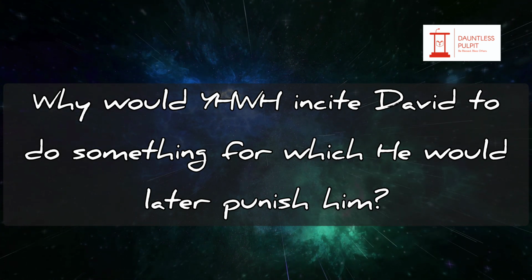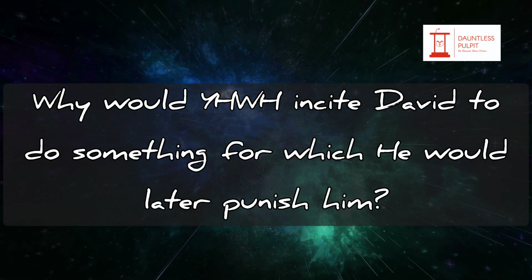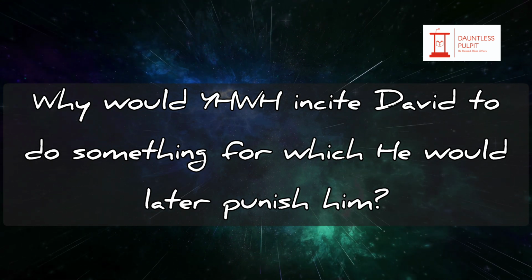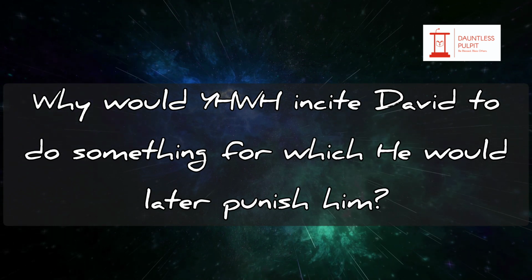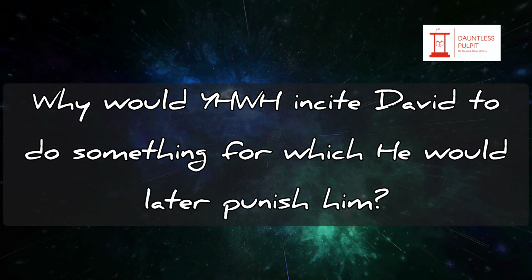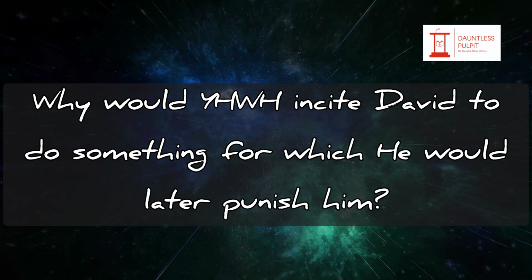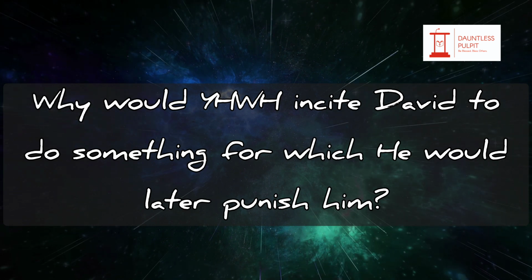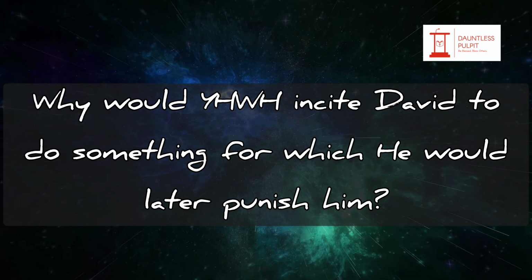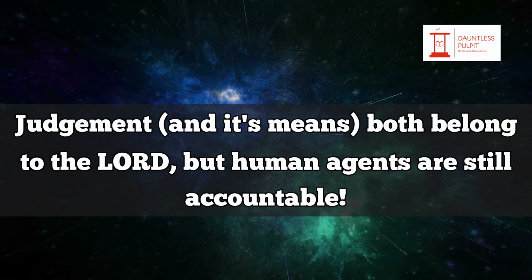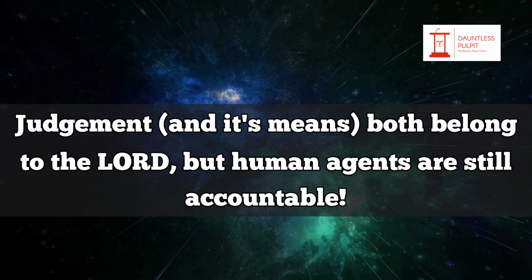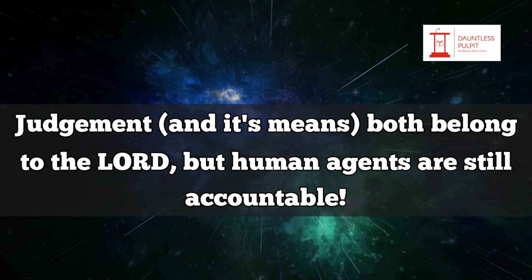Both accounts begin by saying Yahweh was angry with Israel, not with David. Yahweh chose to use David as his instrument of judgment against the nation, similar to the way he would use Nebuchadnezzar centuries later. As the Babylonian king was still accountable for his actions, so was David. Judgment, as it means, both belong to God. But human agents are still